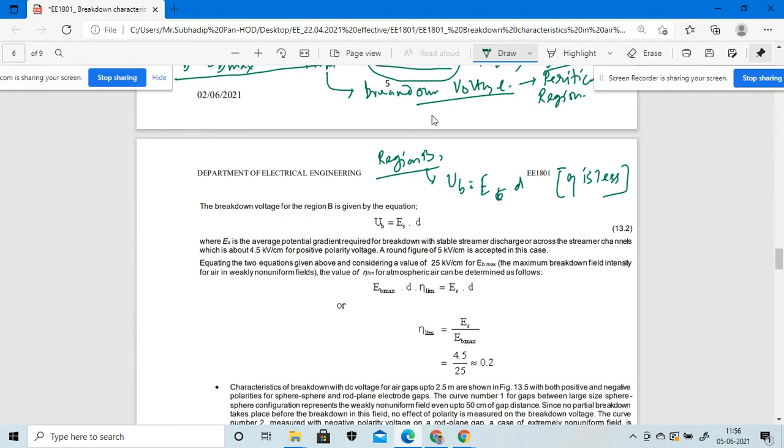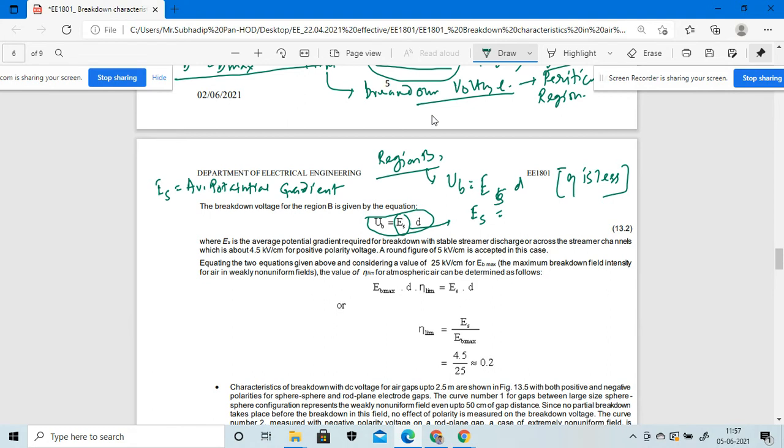We will consider this one as E_s, where E_s is nothing but the average potential gradient, which will be required to break down a stable streamer, that is, across the streamer channel. So for breakdown of the streamer corona, or the streamer discharge,